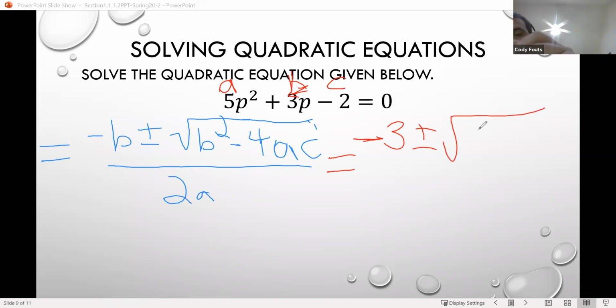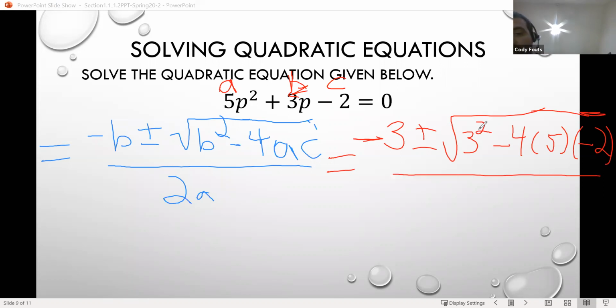root of 3 squared minus 4 times 5 times -2, all divided by 2 times 5. And then we can very carefully work this out using order of operations. For the sake of time right now, I'm not going to go through that step by step. But if we do,